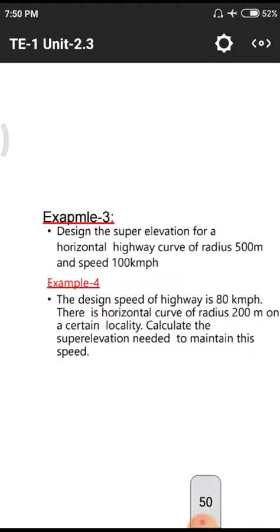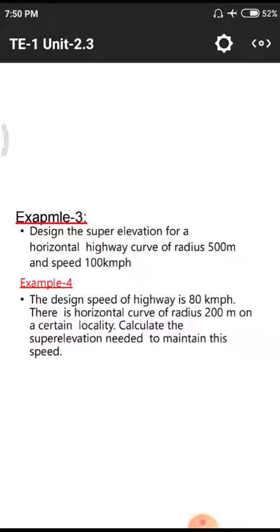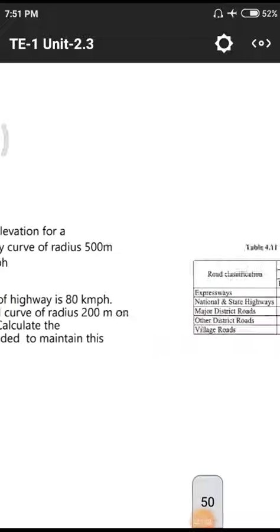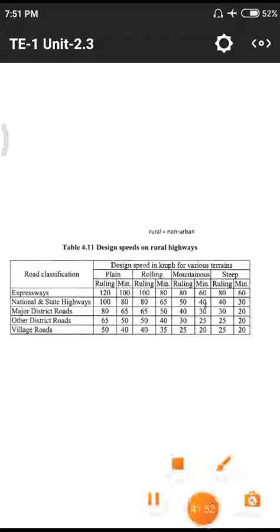At the end of this second chapter, I will give the solutions to these 4 problems in the form of papers, and I will provide them in our group, so that you can solve by simply changing the velocities and radius of the curves. If you solve n number of problems, you will have a better idea on these problems and others. Okay, I will discuss this in the next class.